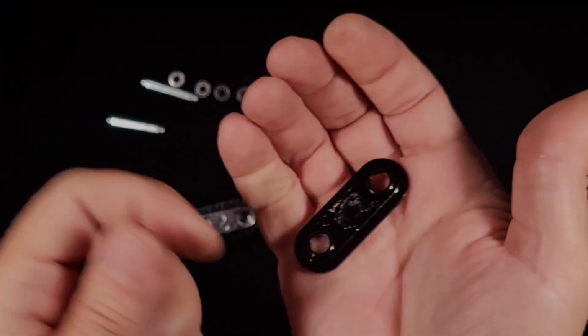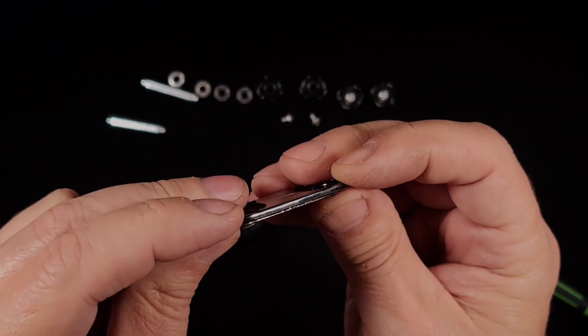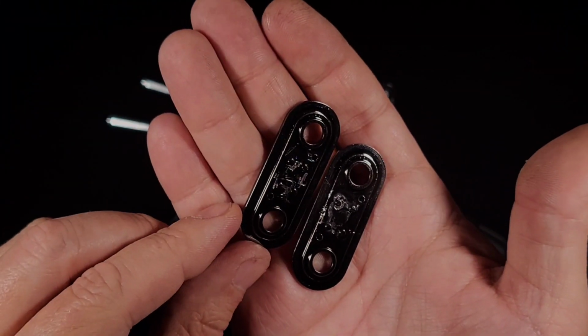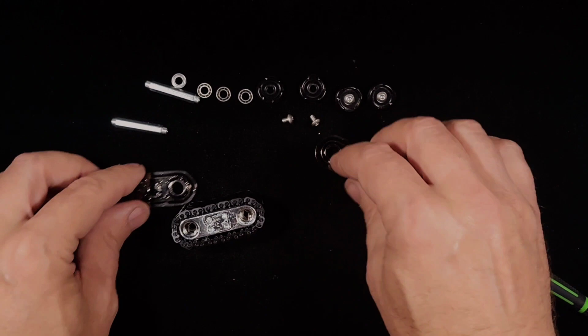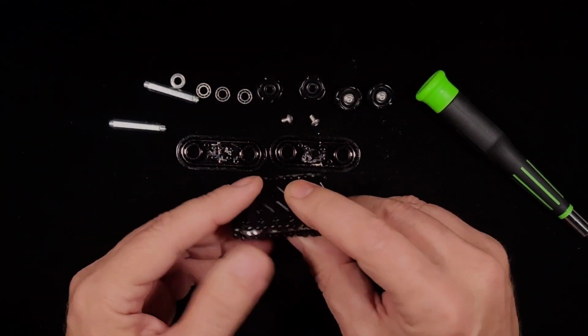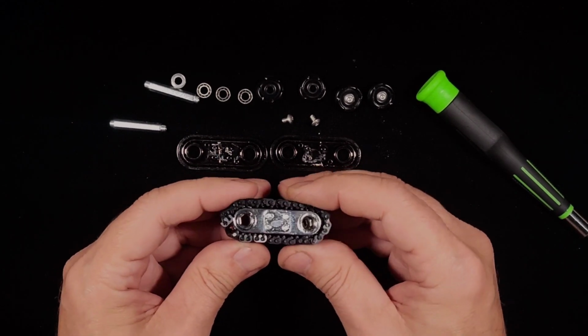Maybe this one's not so bad. Maybe neither one of them are that bad. No, this one shows it a little bit, but you could see, it's just not a shame. So I may not get another one, even if it's for 15 bucks. But now that I've got it apart,